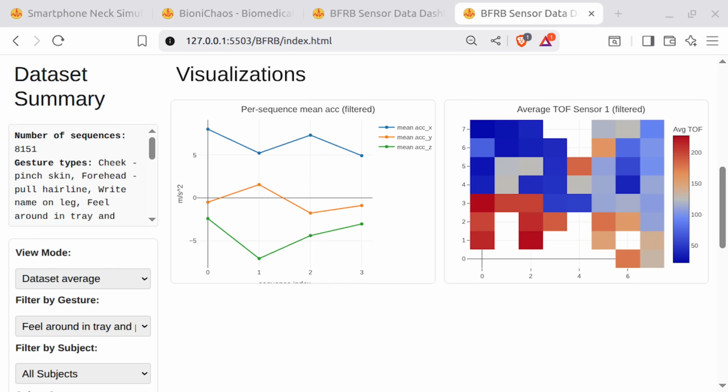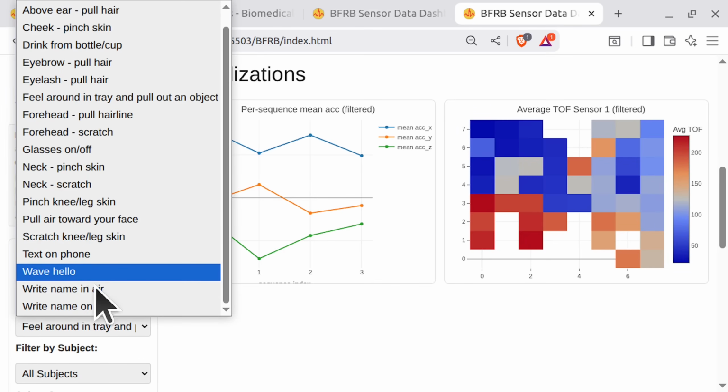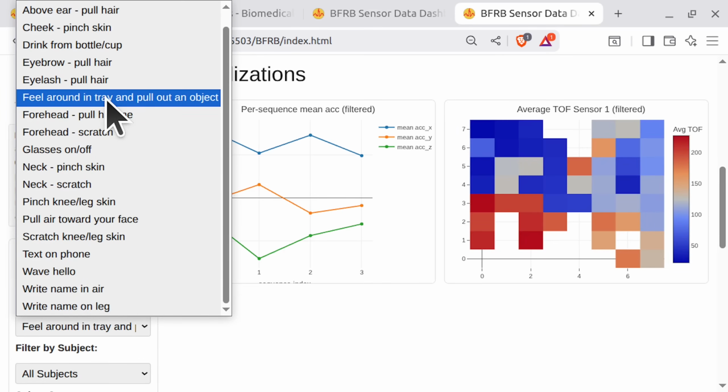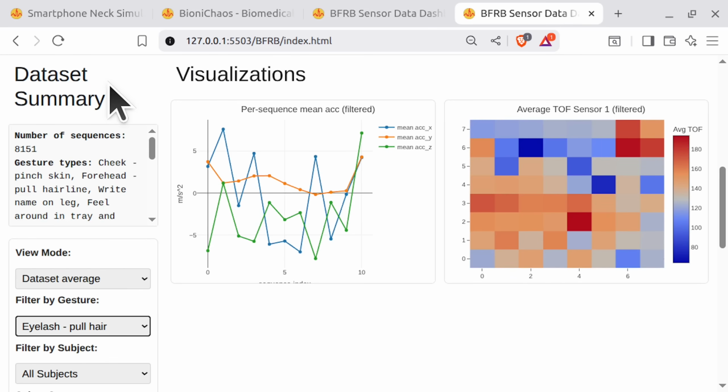It's great at distinguishing between the 2 categories. Gesture classification model. This one identifies the specific gesture. It's a bit trickier, and the model scored a macro F1 score of 0.5082. Not bad, but there's room for improvement. Some gestures, like above ear pull hair, were easier to classify, while others, like eyebrow pull hair, gave the model a harder time. The overall score, an average of the 2 F1 scores, came out to 0.7342, which is solid. We also saved the models and analyzed the most important features. For both models, Thermopile sensor readings, THM_2_mean, and time of flight sensor data,